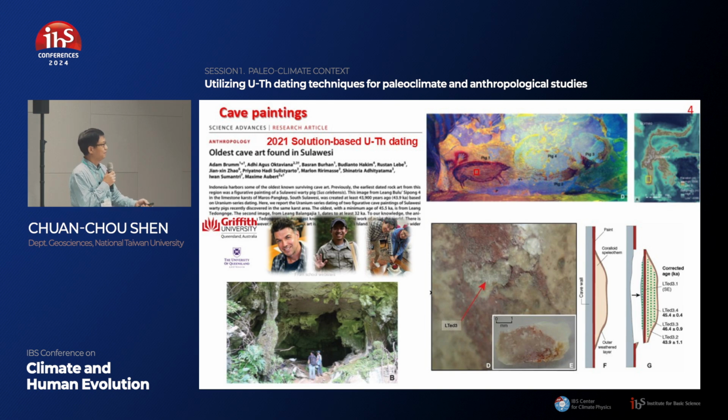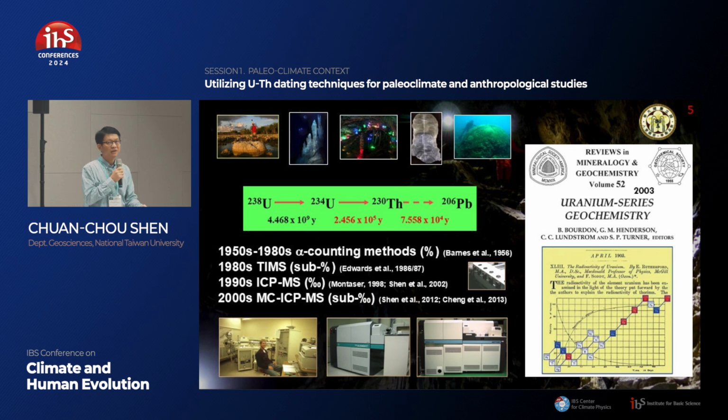So, using the uranium thorium dating. Uranium thorium dating is uranium-238 decaying to 234, decaying to 230, and then eventually leading to 206. To measure this nucleus, scientists